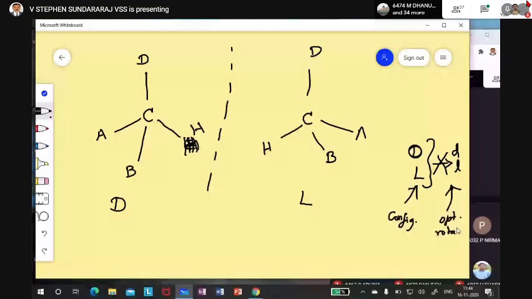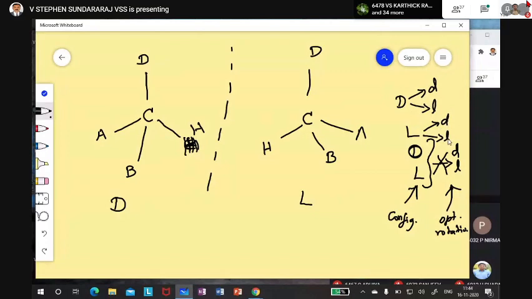So, what we are understanding is that D can be small d rotation or small l rotation. L can be d rotation, L can be l rotation also. That's what I mean. Capital D and small d have no relation. Small l and capital L have no relation, because the capital letters are telling about the arrangement. We call it an absolute configuration, and the small letters are telling about their rotation, clockwise or anti-clockwise. This point also you remember.